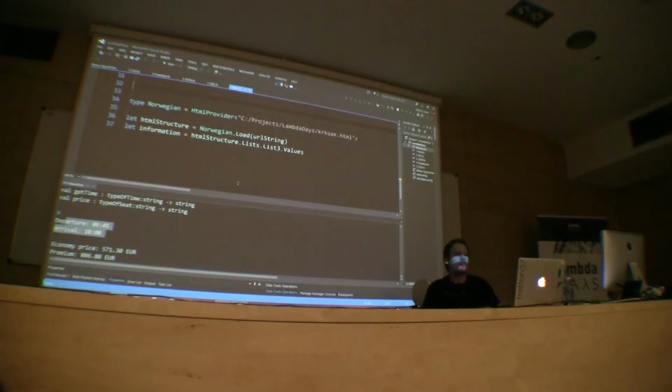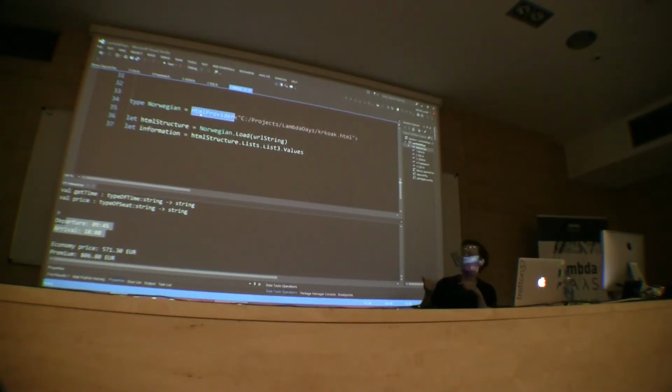So every time you use type providers, they are usually created like that, with this HTML and those triangle, I don't know how you call them in English, but yeah, angle brackets. Most type providers need some example to parse.